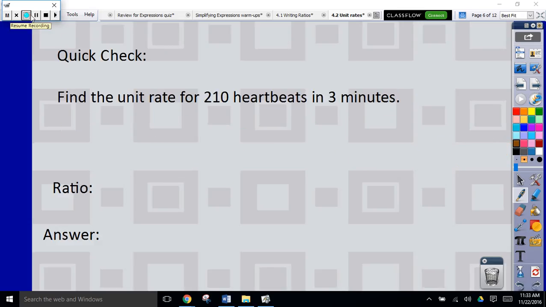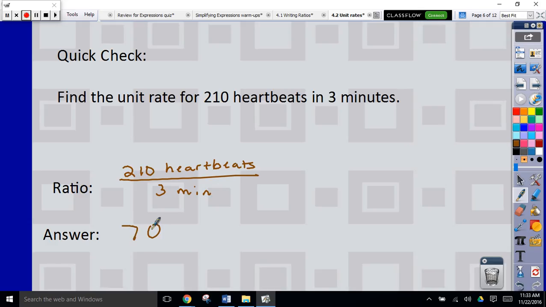Okay, volunteer to tell me the ratio we set up for this. Kayla? 210. Okay, so we want 210 heartbeats over 3 minutes because we want to know how many heartbeats are in 1 minute. What do we get when we do? Go ahead, keep going, Kayla. 70. Good. So our answer is 70